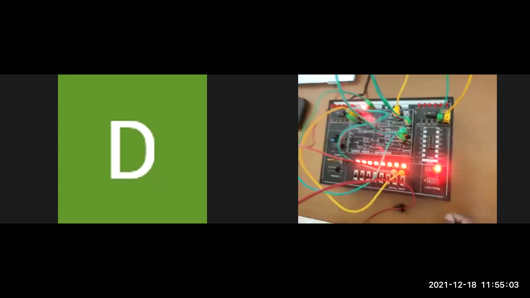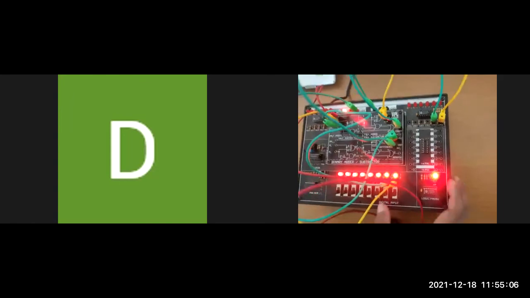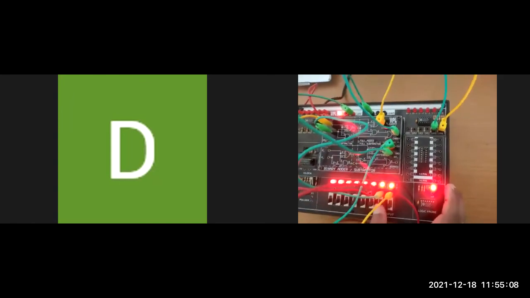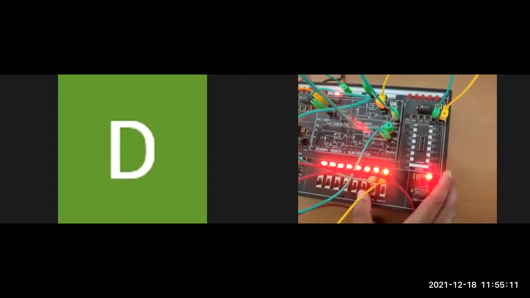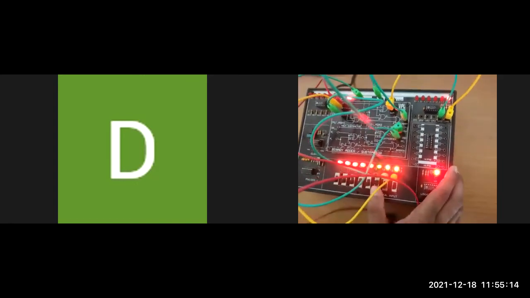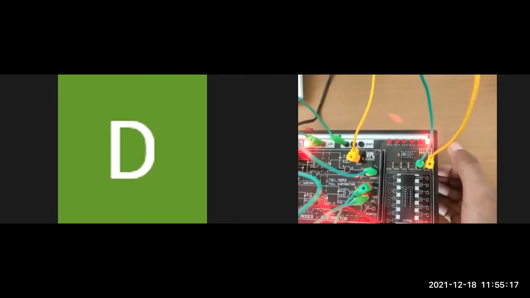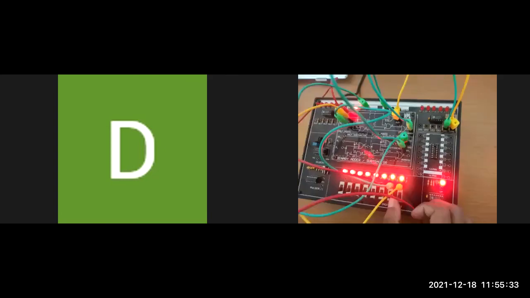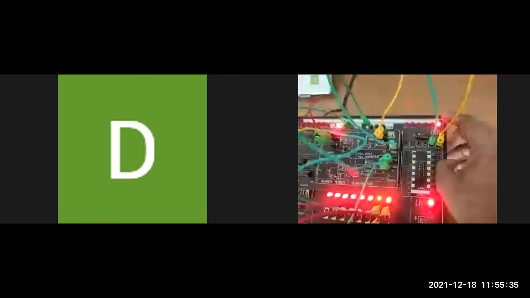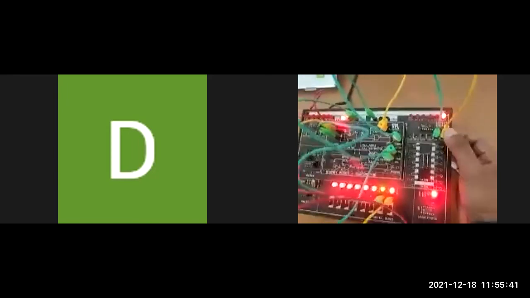The second one is 0 0 1. So this is A, this is B and C. For 0 0 1, we are giving this digital input 1. In that sense, this is the sum, and the LED is blinking. Next is 0 1 0. So input variable B is 1. Here the sum is giving the red light, meaning at this moment the value of sum is 1 output.